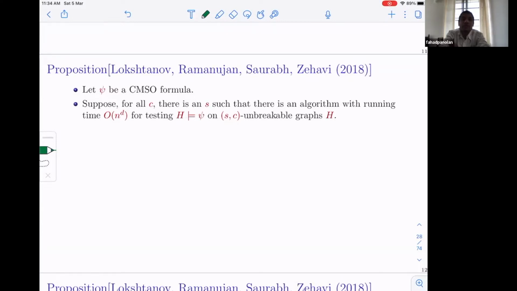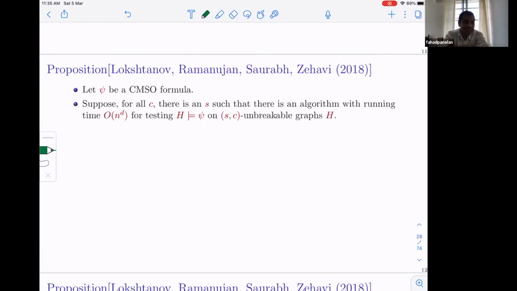If I'm able to come up with an algorithm for testing whether G satisfies that graph property on SC unbreakable graphs, not on all graphs. Here D is a constant which is independent of C, S, and the length of the formula phi,